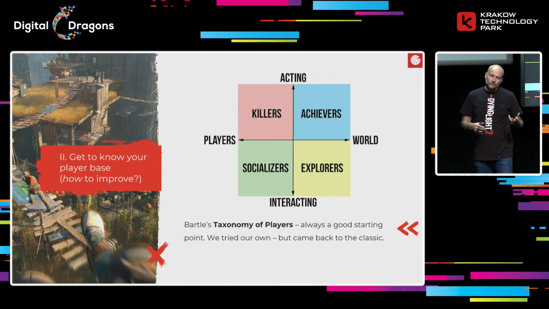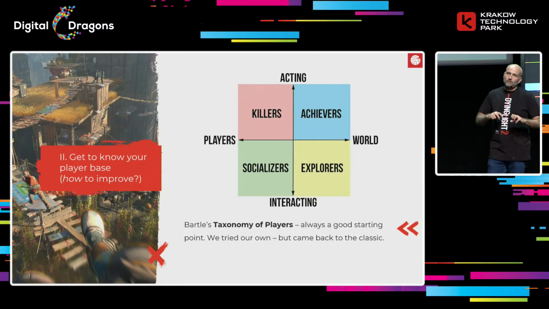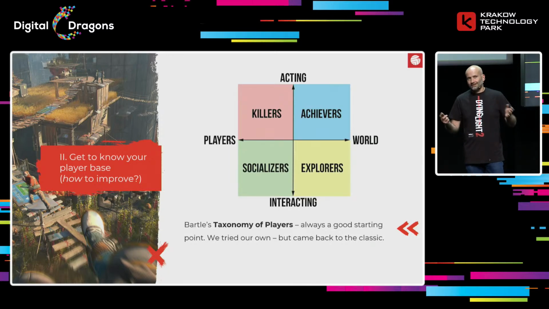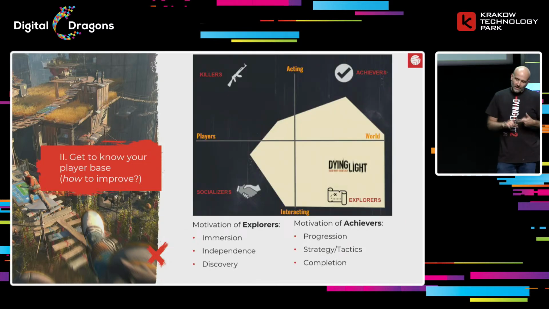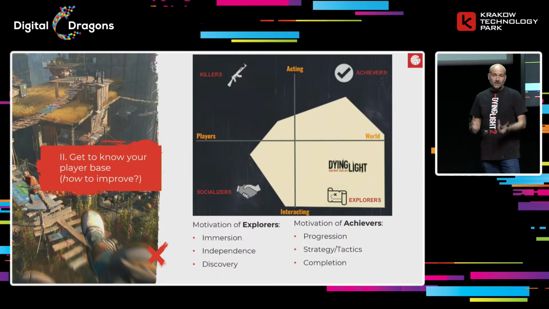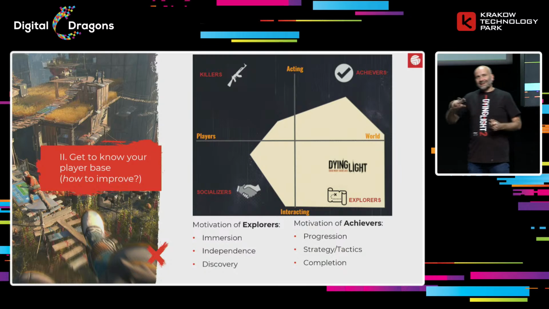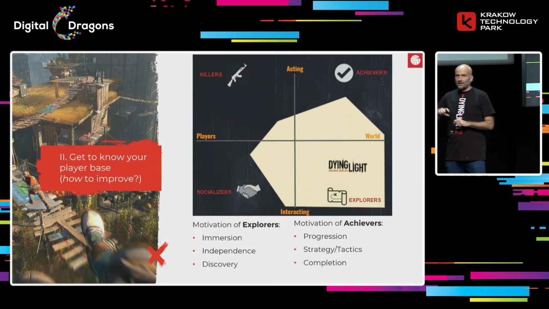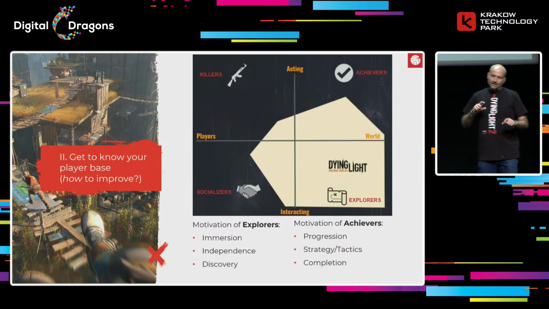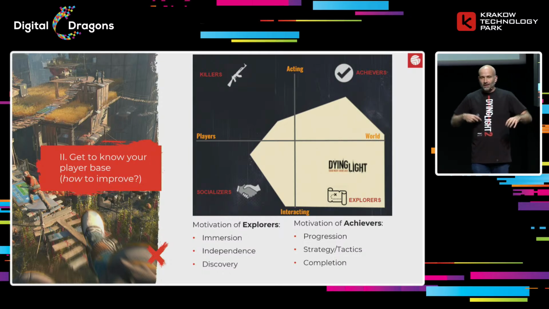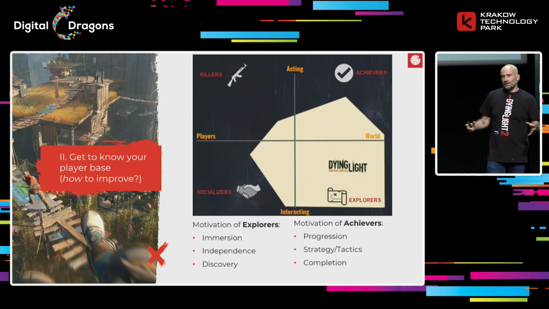We were trying to use different taxonomies, we were trying to come up with our own, but then we came back to the fact that players can be divided into those 4 groups. So we have killers, achievers, socializers, and explorers. Then we started looking at the habits and rituals of players and the type of content they were looking for, and this allowed us to identify which of those groups are present within our community.